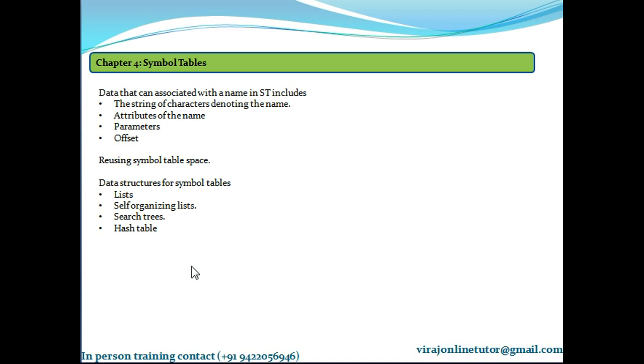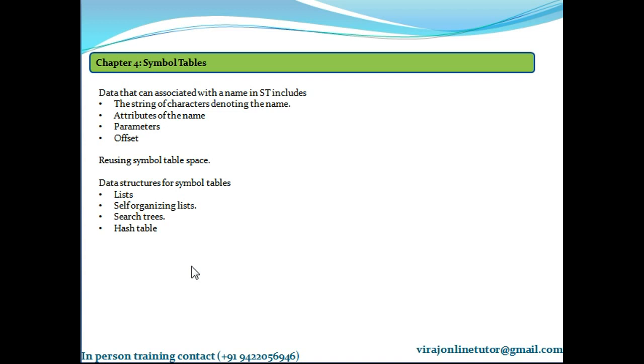The second important information to be associated with a name in the symbol table is the attributes of the name, and also the information identifying what use is being made of the name. The third is parameters, such as the number of dimensions of an array and the upper and lower limits along each dimension.